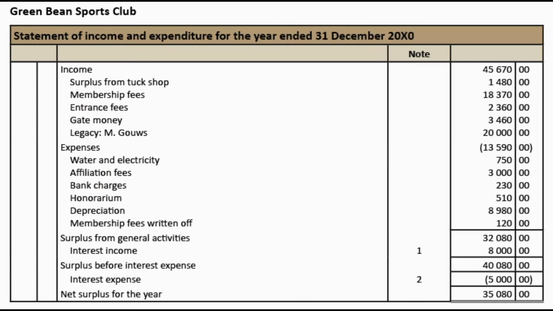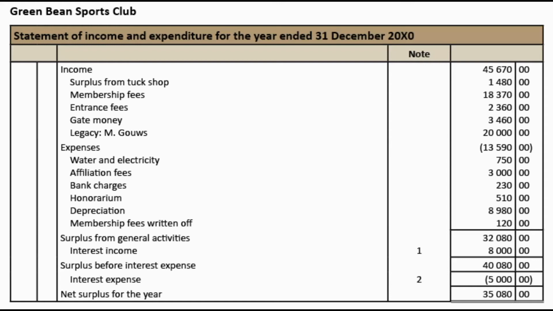Okay, so let's start with the statement of income and expenditure. The first entry there will be surplus from the tuck shop, which was 1480. Okay, the other income, let's quickly go through that. Membership fees. Remember, we opened the membership fees account and we calculated the amount to be transferred to income and expenditure,